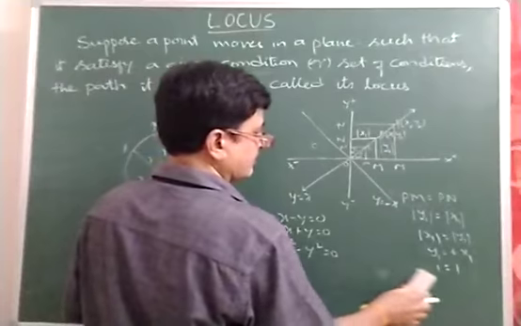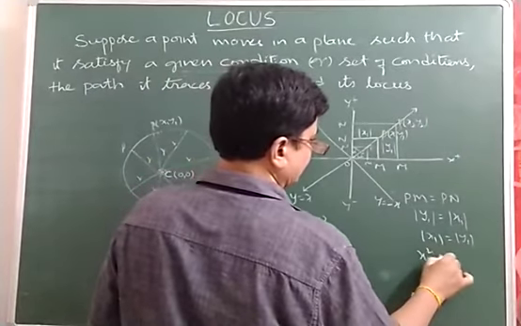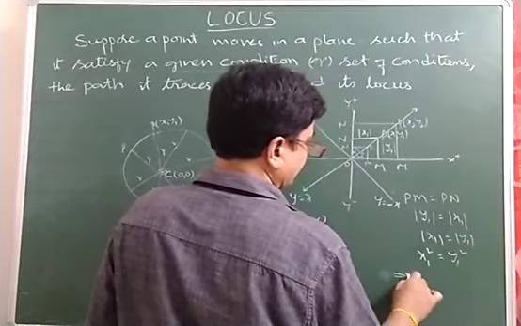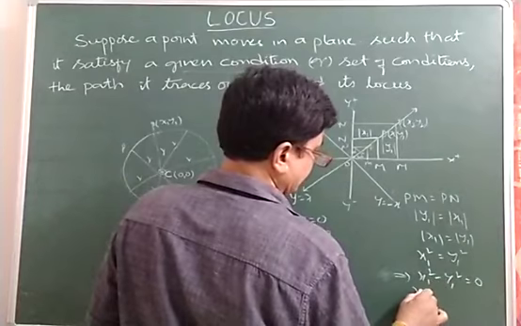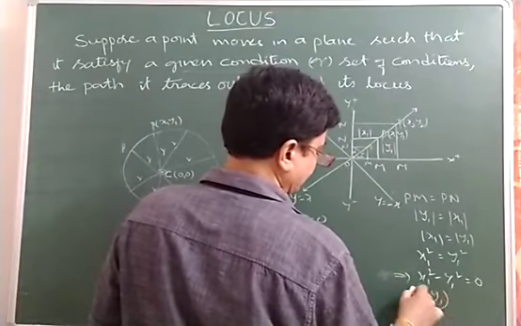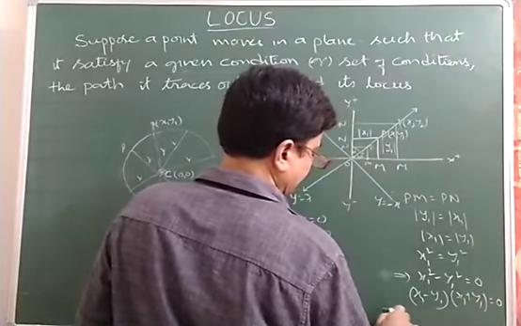If we apply squaring on both sides, x1 square is equal to y1 square. That means x1 square minus y1 square is equal to 0. This can be written as (x1 minus y1) into (x1 plus y1) is equal to 0. So that implies the locus